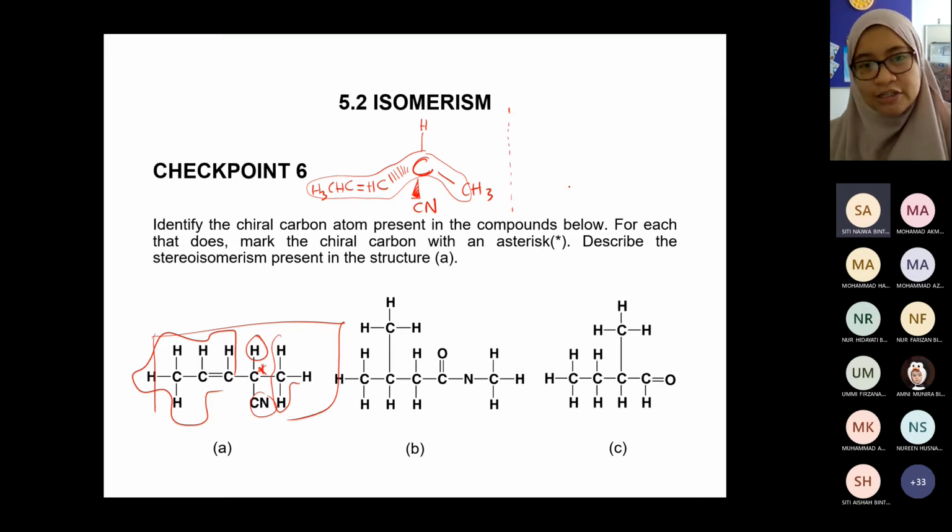Now you want to draw the enantiomers, the mirror image of this. Okay, so this is how you should be drawing it. Sama, you have a solid line. Okay, kan saya kata dia mesti side by side. CH3 should be side by side. Solid line. You should have the wedge. Okay, this is the wedge and this is the